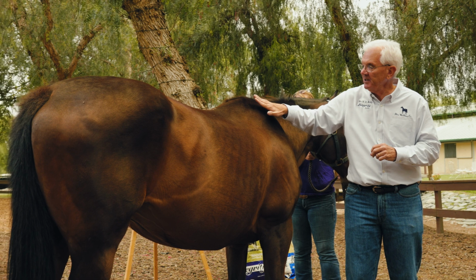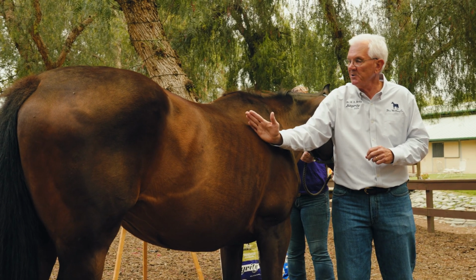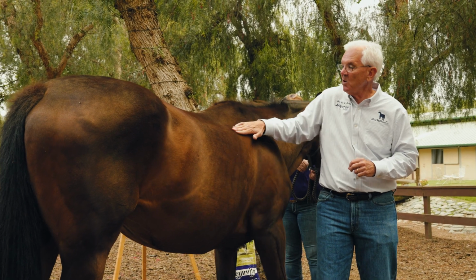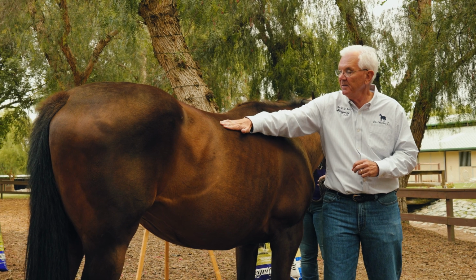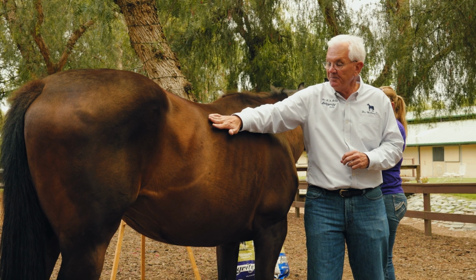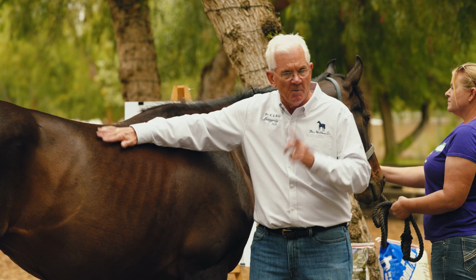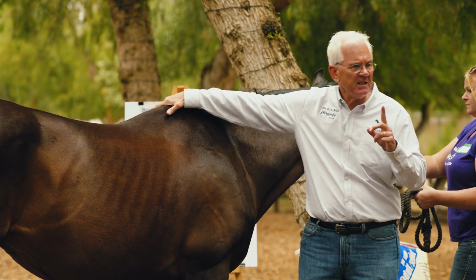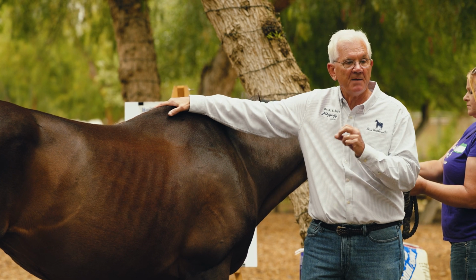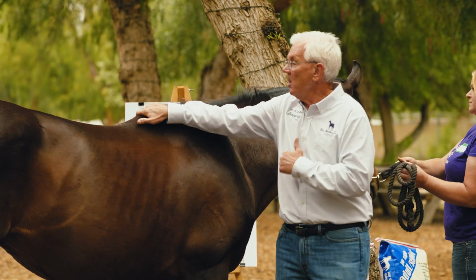We look at the transition again going from his withers, shoulder, and neck area into his body. We're going to faintly go over this upper quadrant with our hand to feel the fat. I'm very lightly touching it and I can feel the ribs. And perhaps you can actually see the ribs visually on this horse. But then you have to make another mental note. He's 19 years old. Is that because he is aged, or is that because he is underweight? So then we go, if you'll turn,